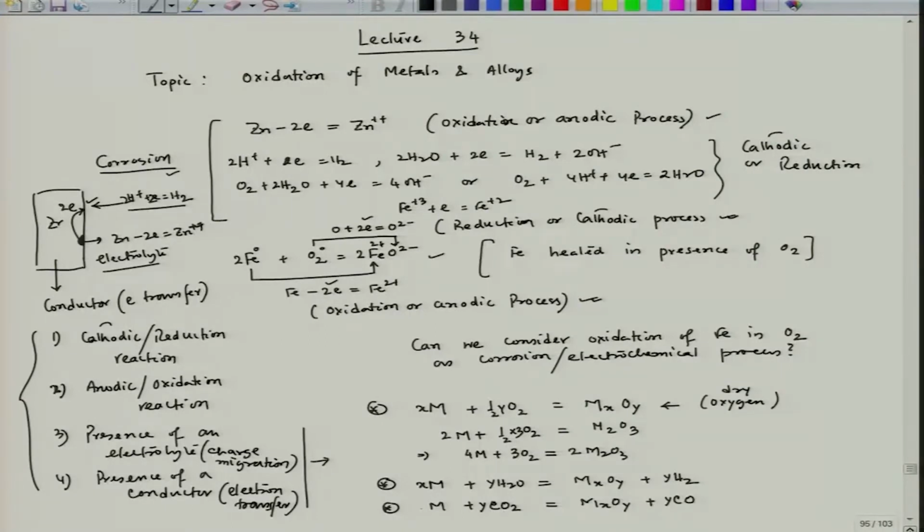Okay, so this is balanced now, and here x, y are integers. So, in these 3 ways I can see that the same metal oxides are forming, but our concentration would be